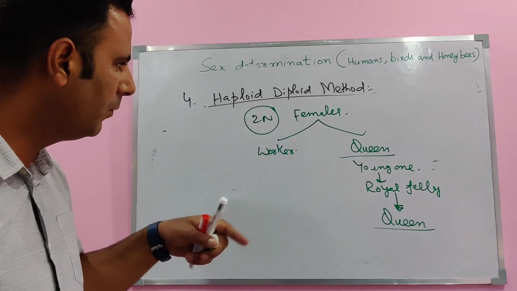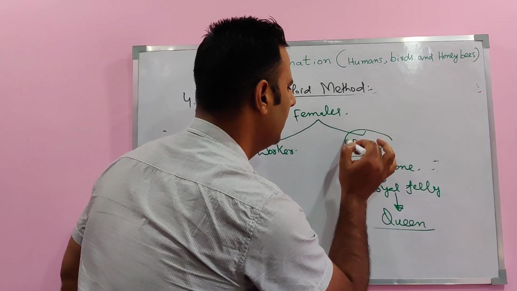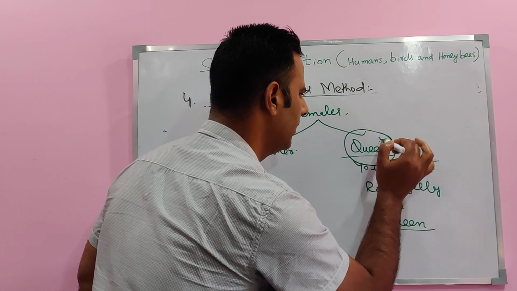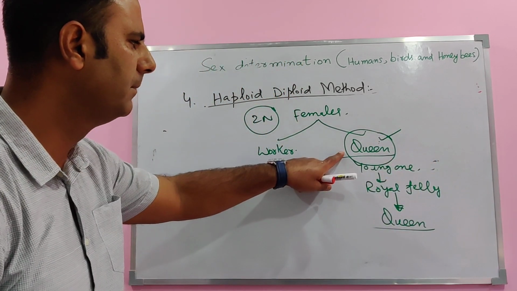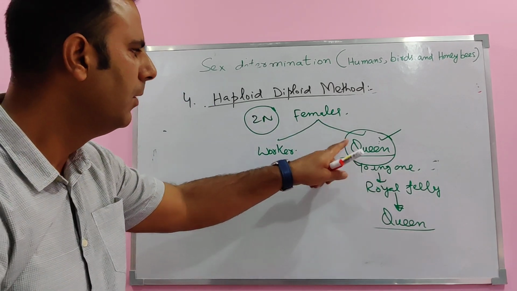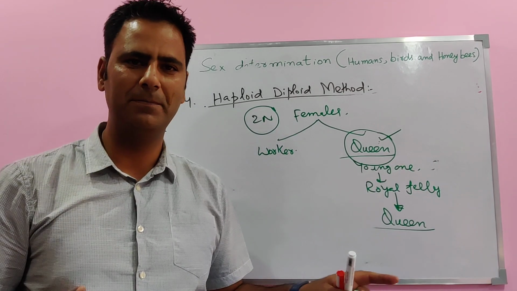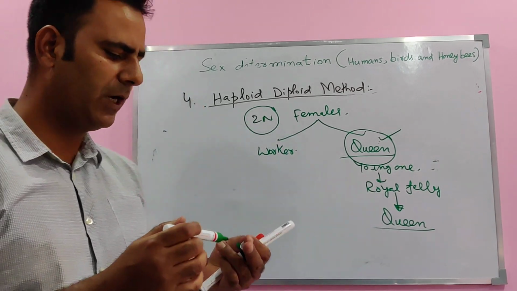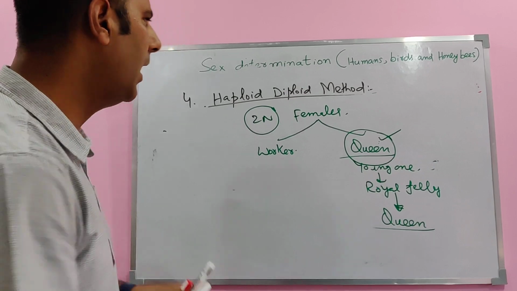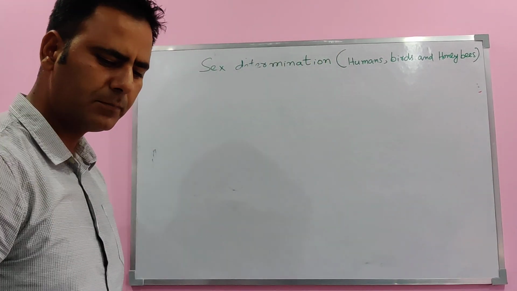But what does it determine? It determines that a queen is one which will receive a special type of nutrition by way of royal jelly, and the workers will not get the royal jelly. This is the haploid diploid method of sex determination. Now the last and the most important method is the